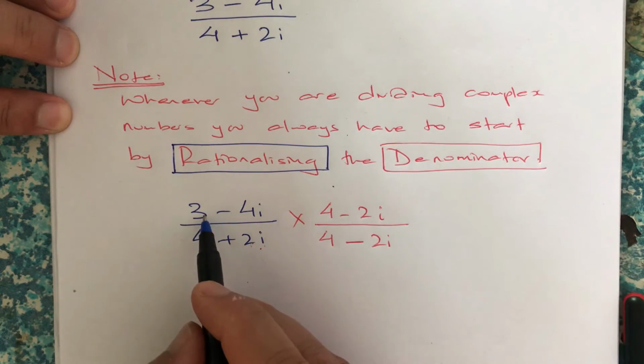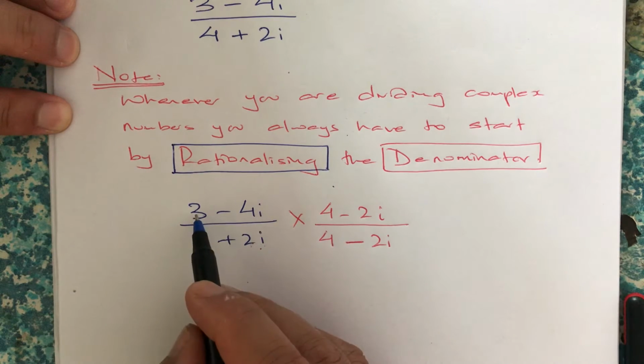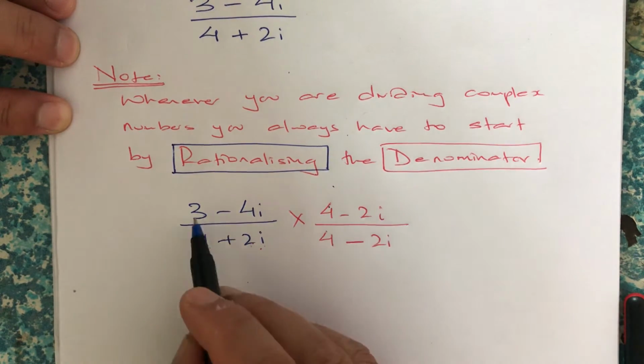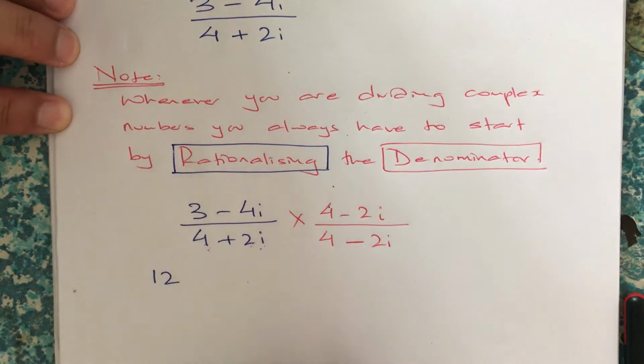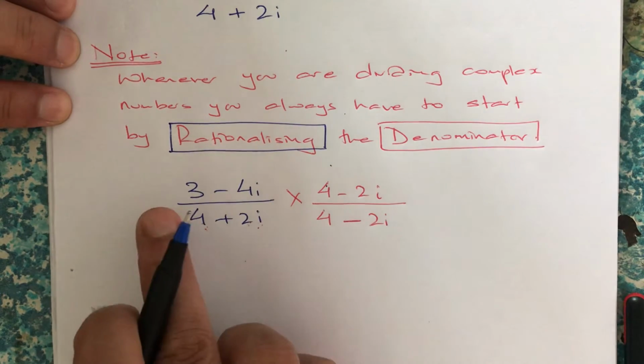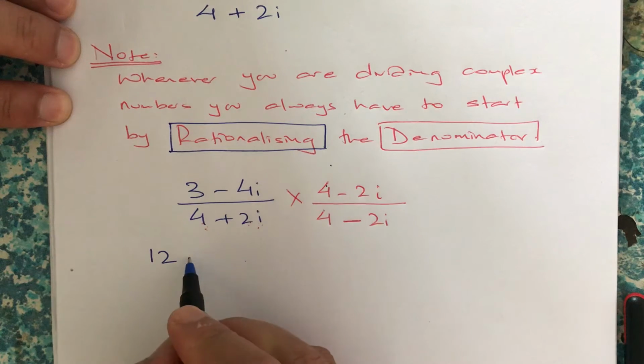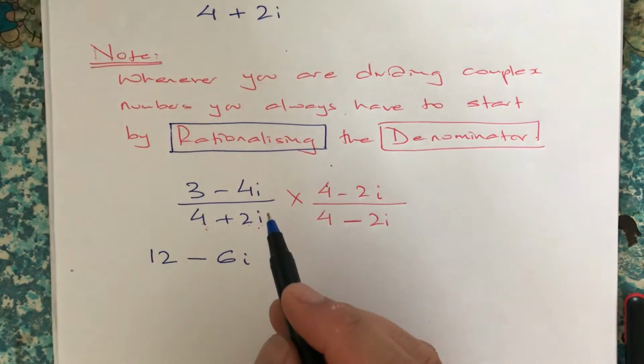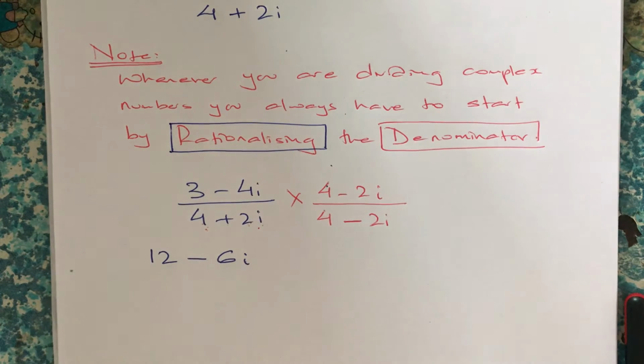Indirectly it is like 3 minus 4i into this. When they get multiplied, the 3 will multiply both the 4 and the 2i. So 3 into 4 gives me a 12, and then 3 will multiply 2i, but first the signs: plus into minus gives me a minus. 3 into 2 will give me a 6i, and then another one is